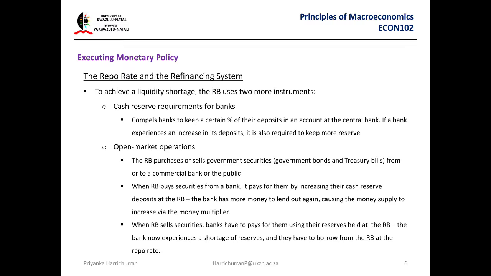But what you need to understand also is the commercial bank may buy something from the Reserve Bank. In this case, the money is not going to be in the economy; it's going straight to the Reserve Bank. So if you really picture it, the Reserve Bank is like making the money. When the Reserve Bank buys from the economy, it's putting money in. When it's selling something, money is going out from the economy and going back to the Reserve Bank, and someone from the economy has to buy it.